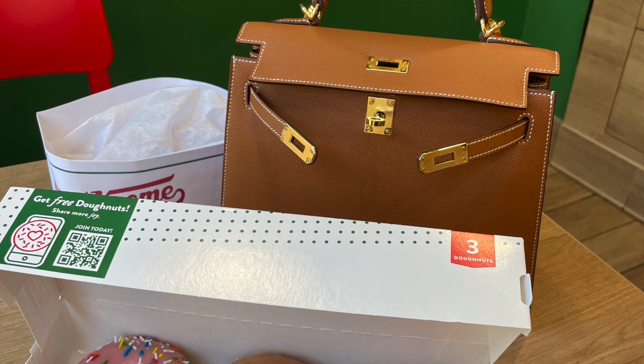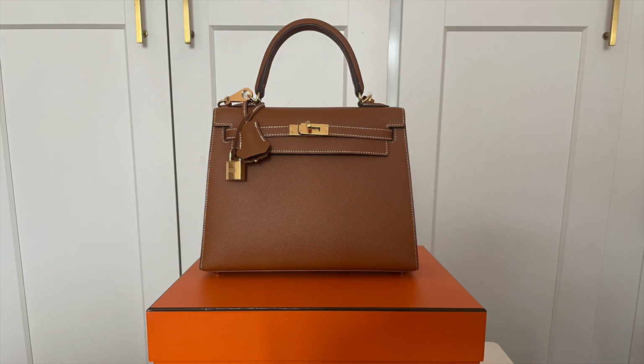As I've been mentioning for the past couple of years, I've wanted another Kelly 25 since 2022, maybe even 2021 when I got my first Kelly 25, and that was the Togo Noir with gold hardware. I'd found my Hermes bag style and size of choice. My SA knew I wanted another Kelly 25, but she said that both were not possible in the same year. Plus, I'd wanted to try a